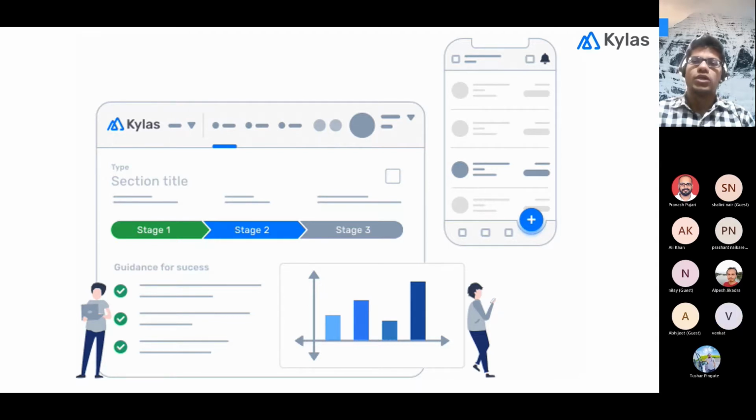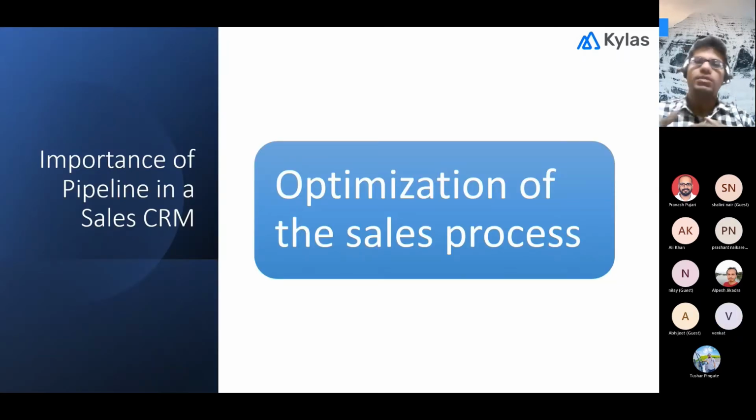As I was saying, what is a pipeline, right? Every company, every one of us having our own business, we are doing some sales in the market, right? So we do have our own lead nurturing process. We do have our own sales process. So in Kailas, you get a feature to replicate that sales process in terms of a pipeline and pipeline stages, so that we can associate a pipeline with a lead or a deal and we can see in which stage every lead is, or in which stage any of the deals is.